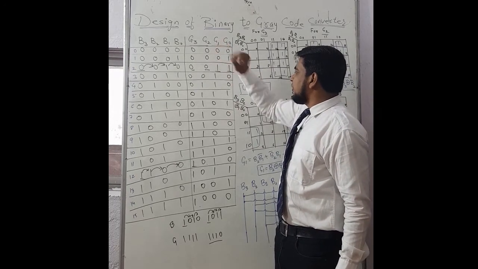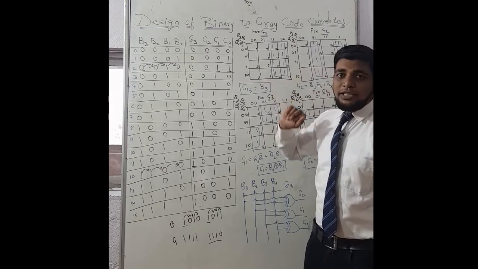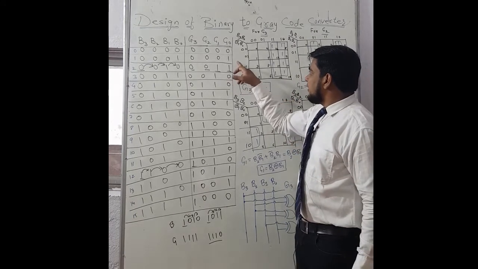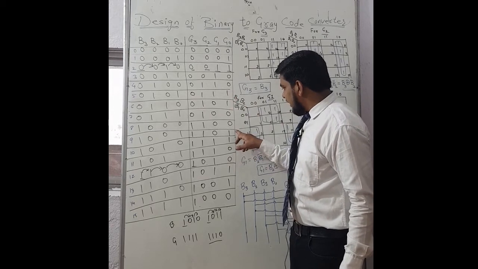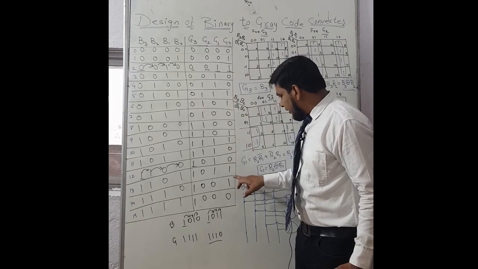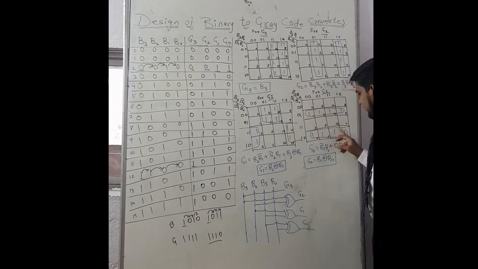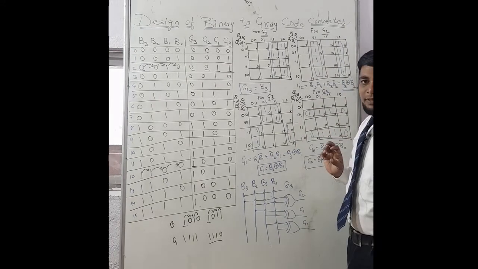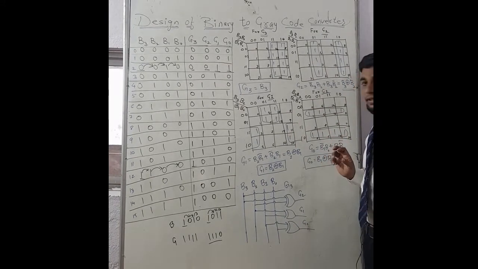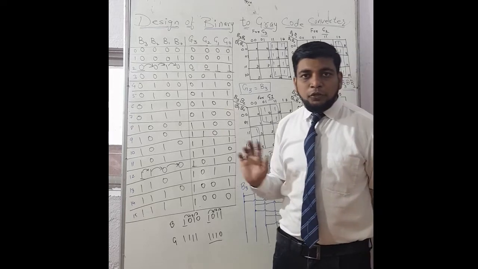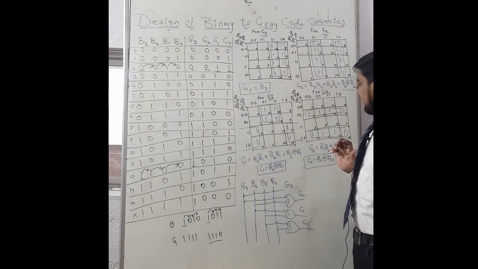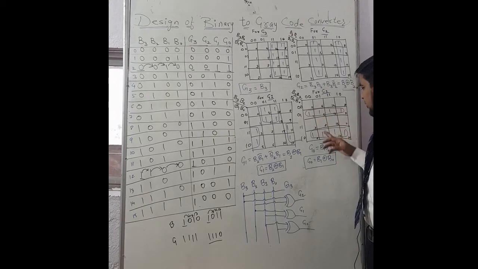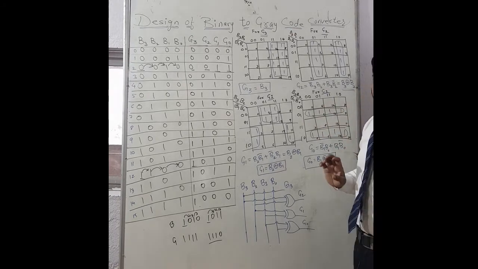At last we have to reduce the expression for G0. For G0, see the number of ones in the output expression. It is 1, 2, 5, 6, then 9, 10 and then 12, 13. Insert the ones in the particular cell numbers, then reduce the expression. Can we make a group of 8? No. By folding also we cannot make a group of 8 cells. So we can make groups of 4 cells. So we will make 2 groups of 4 min terms.